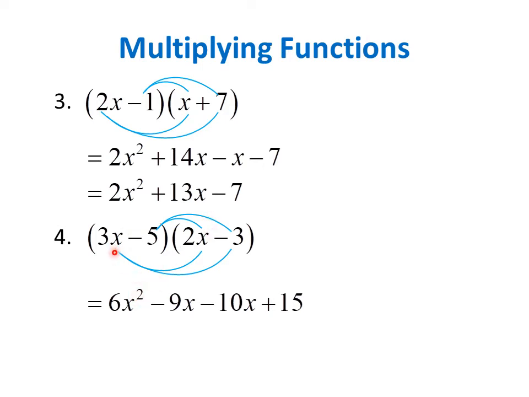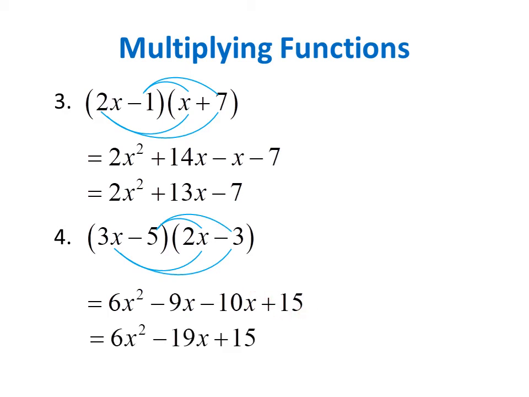Next, let's multiply the outer terms, 3x times negative 3. So if we multiply the numbers, we have negative 9, and then we have the variable x. Let's multiply the inner terms, negative 5 times 2x. Negative 5 times 2 is negative 10, then we have the variable x. And then we multiply the last terms. So we have negative 5 times negative 3,